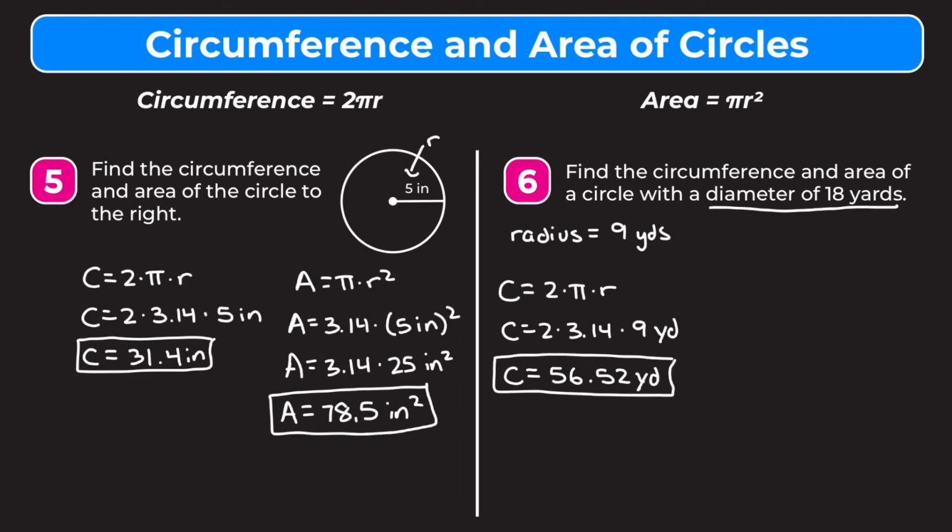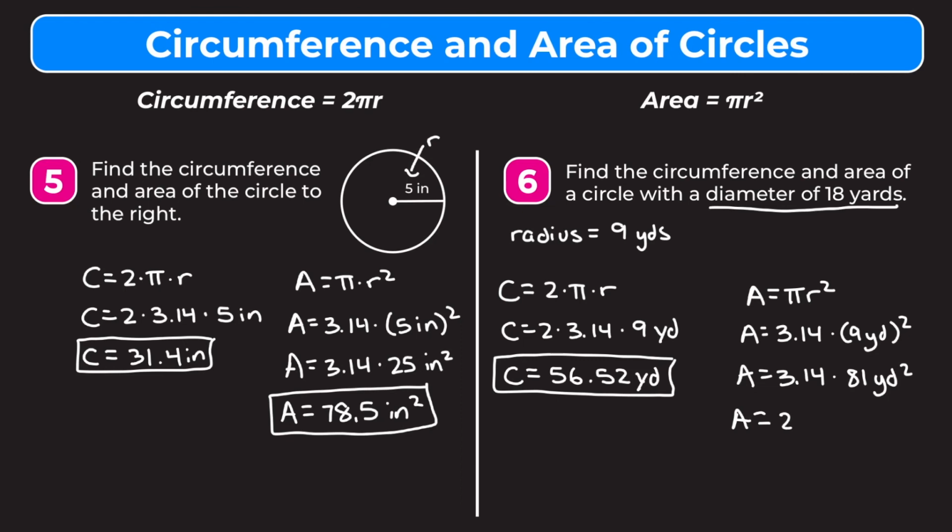And now for the area, same thing we've been doing. Area is pi r squared. So we're going to have pi, which is 3.14, times our radius of 9 yards squared. Let's simplify this 9 yards squared first. So 9 times 9 is 81, and then we're going to have yards squared. And finally, we want to multiply 3.14 times 81. If you guys do that in your calculator, you should get